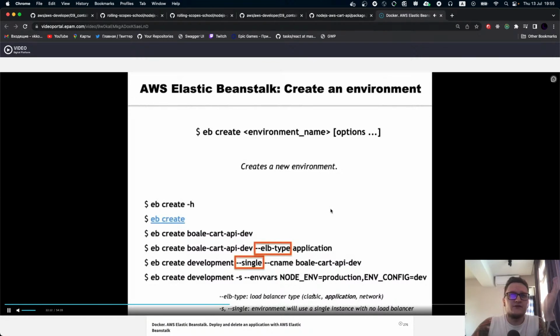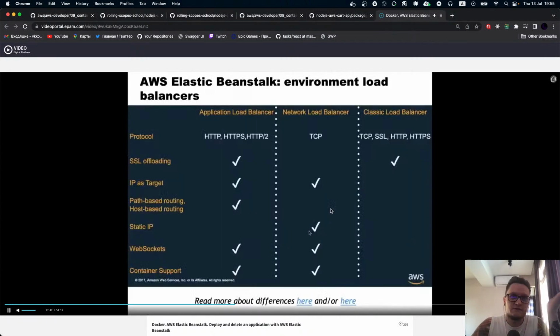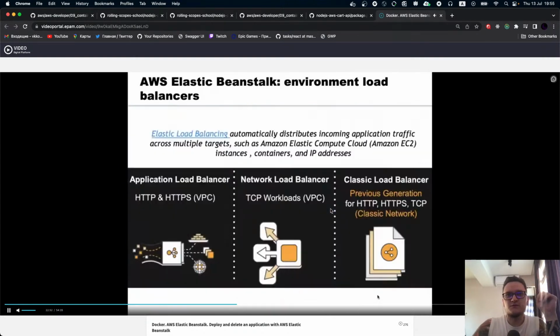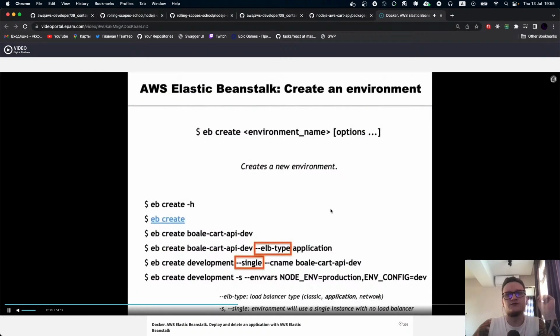And I really think you don't have to use a load balancer because, as I told you before, nothing is free on AWS, and load balancers are pretty different. They have their own setups, but we will not use this one, I believe, because we will just run a small application. We don't have to balance between different instances of our application.